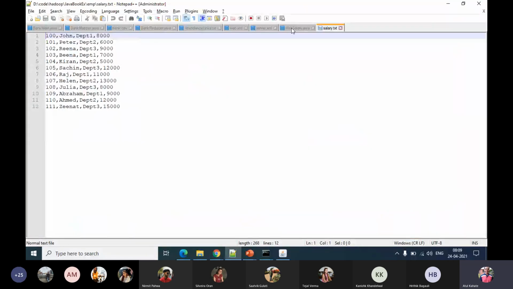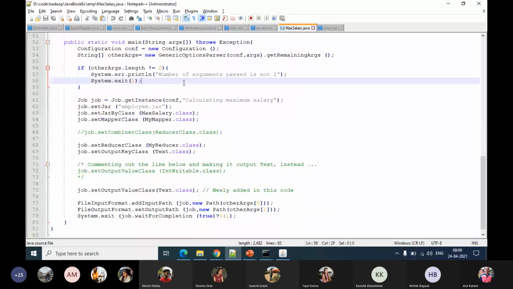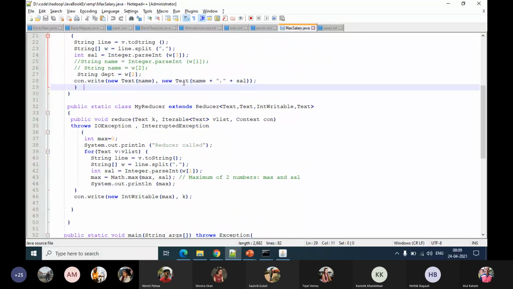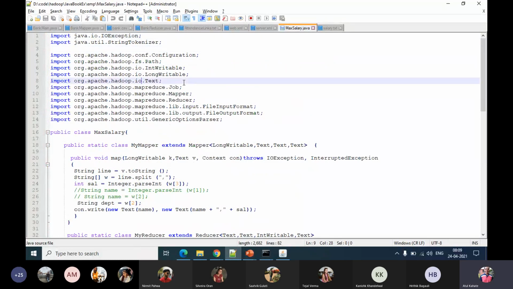So in our code also, if we look at the map function, here we have the first parameter, which is the key, second parameter is the value, third parameter is the context.